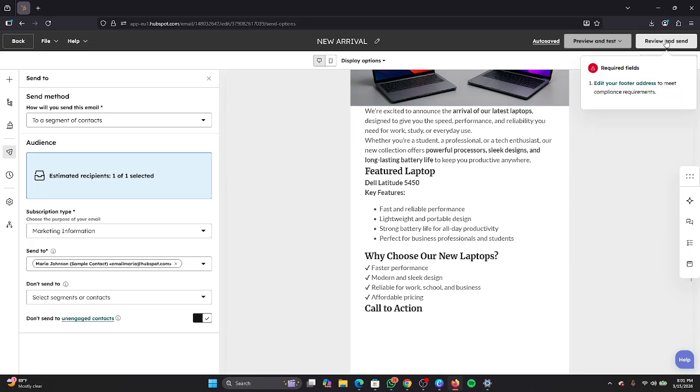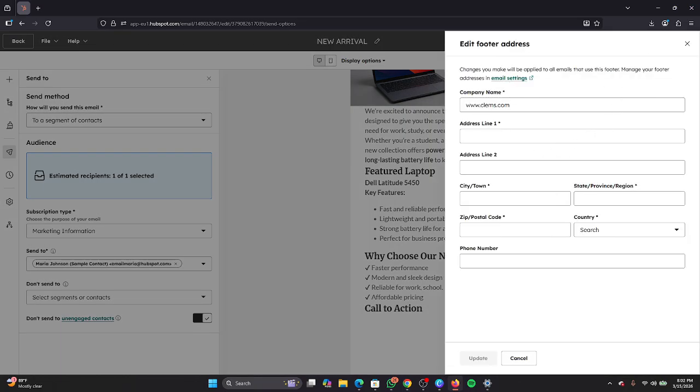Then you come here. Now before you send, always click review. Okay. Then the more you click review and send, they will show you some of the things you need to correct. Okay. Then we have edit your footer address. Then under the footer address, we have address. We can just put